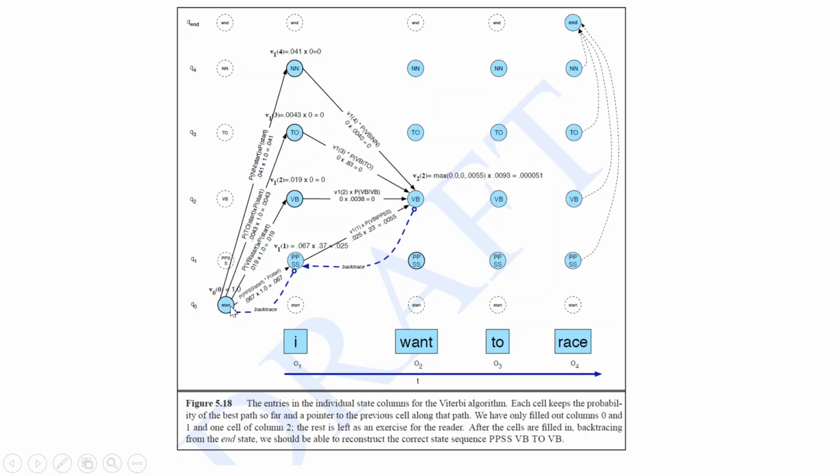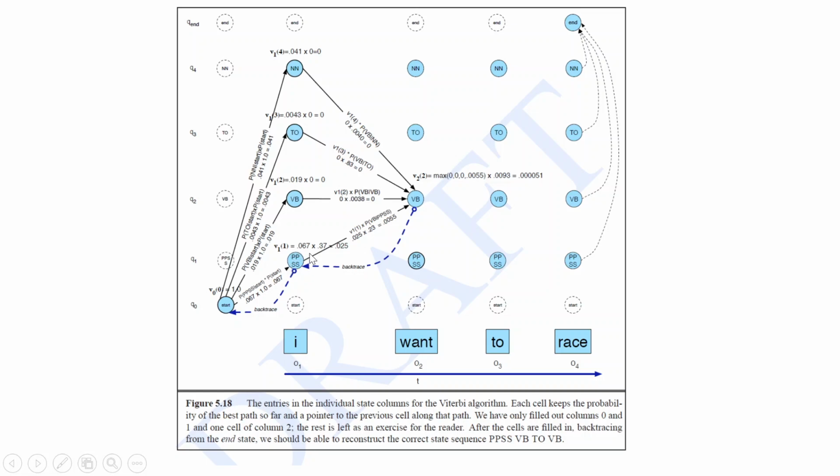So we initialize this, and then in this particular time slot, we look at what is the state with the maximum probability here. If you look at this, it is 0.025. So we do not have to consider other paths. Other paths need not be considered. We will only consider paths from this particular state onwards.